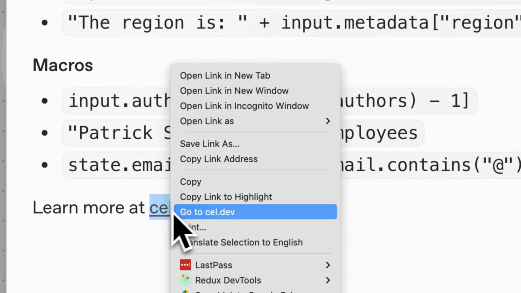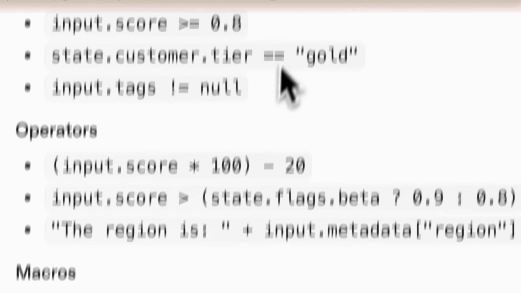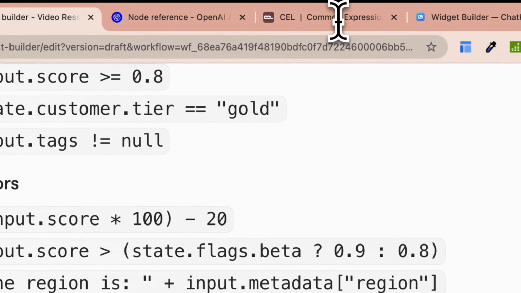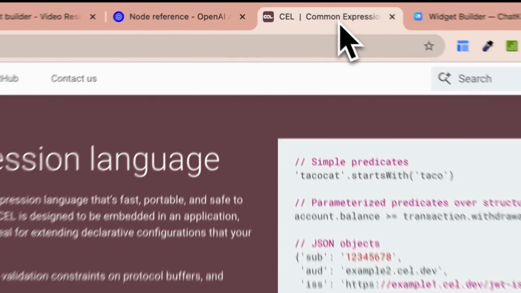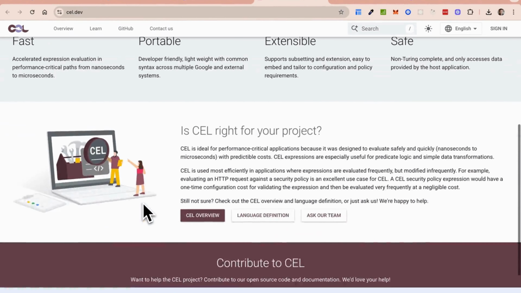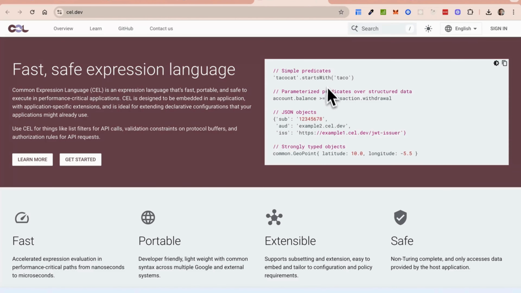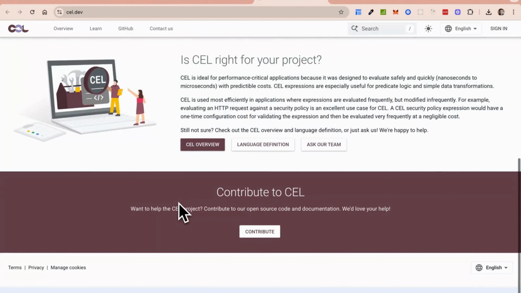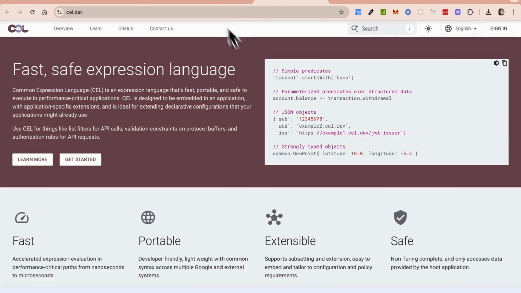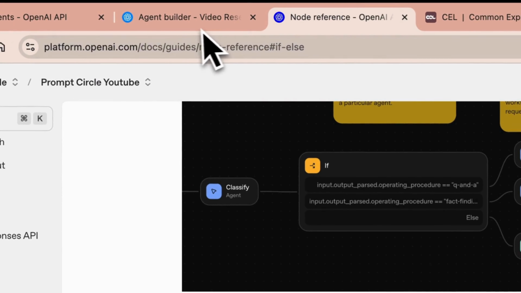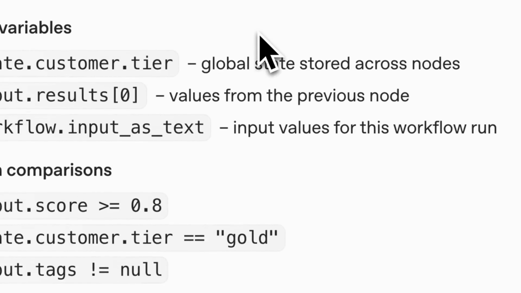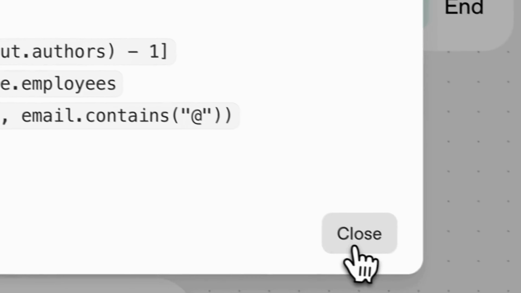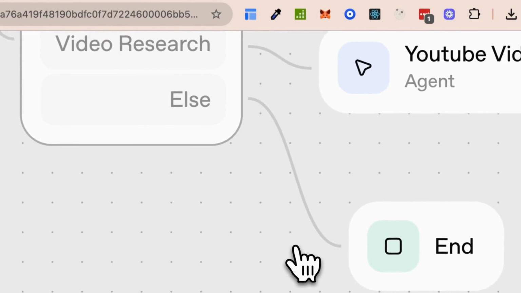And I would say go and check out cel.dev, which has all the information about the expression language to understand how to write it. It took me a little bit of time to get on track with it. But once you go through all of this, you'll see exactly how to work with it, or at least you can pass this information to your vibe coding tool so it can give you a good sense of what's going on. But this is so important for anything that you're doing that requires these types of